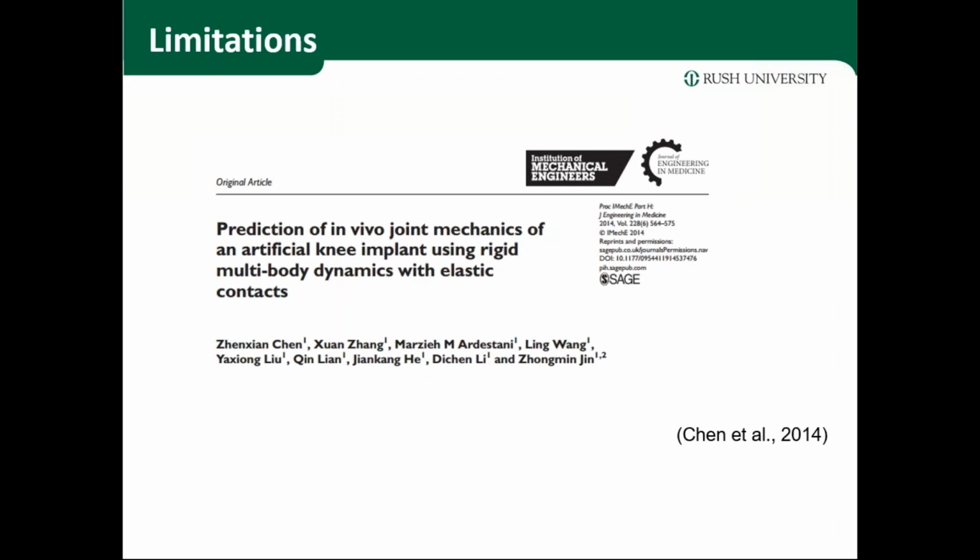We haven't replaced the knee geometry with the knee implant geometry for this study, but we have another study, prediction of in vivo joint mechanics of artificial knee implant using rigid multi-body dynamics with elastic contacts, that one of my colleagues has conducted, and we have replaced the geometry of a natural knee with the